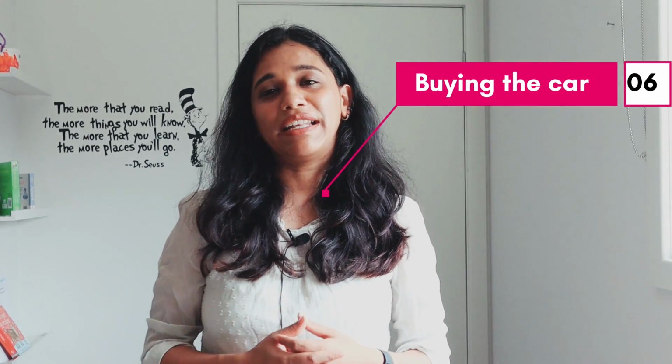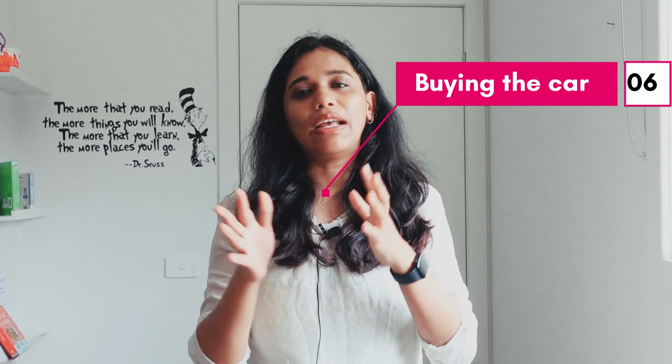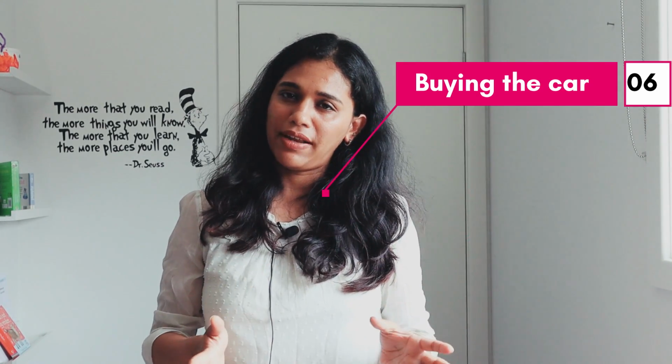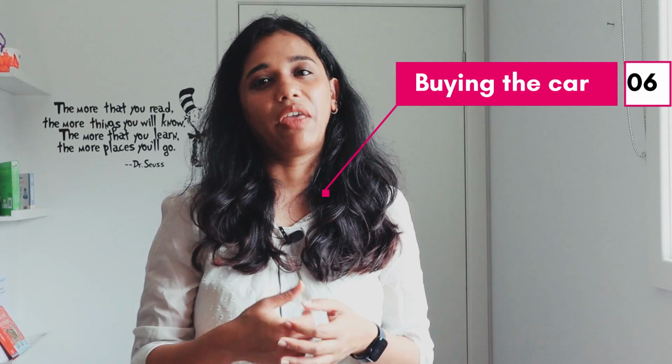So the final step is buying the car. Now you've got a lot of finance options where you can pay off in installments if you don't want to pay upfront. There are a lot of financiers who offer loans, vehicle loans as well as personal loans. Now the interest rates can vary anywhere between 8 to 20%. Through these websites themselves, they will link you to different financiers. You can find a lot of financiers that are linked to the dealers as well